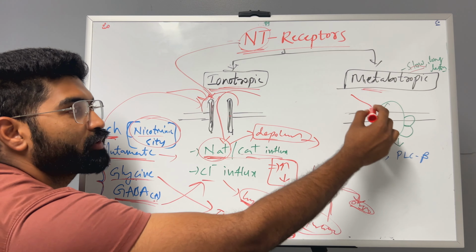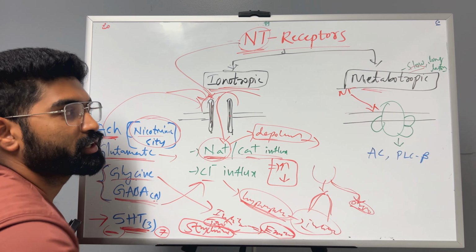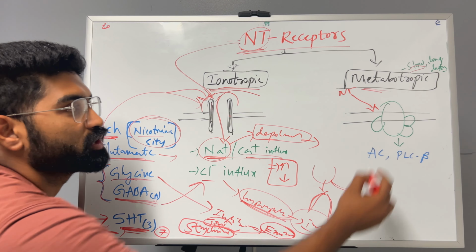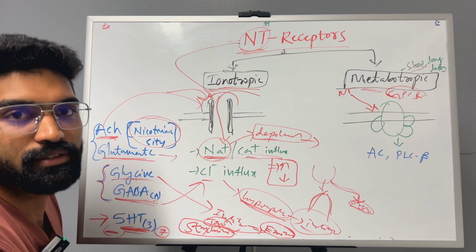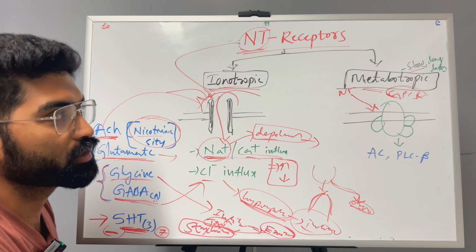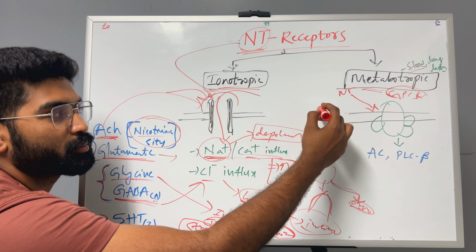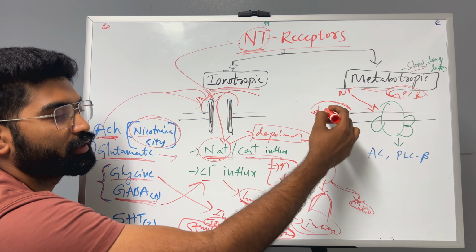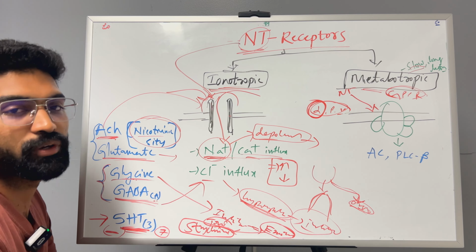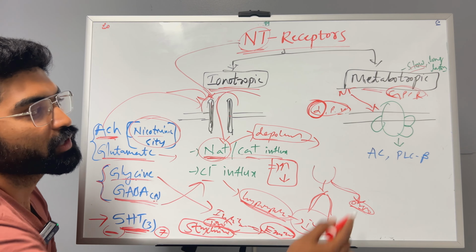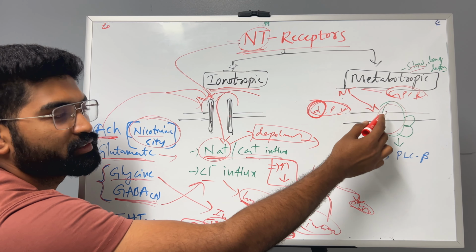For the mechanism of action, the neurotransmitter comes and binds with some subunit of this G protein. The G protein coupled receptors, GPCRs, are nothing but the metabotropic receptors. These G proteins usually have alpha, beta and gamma subunits. Among those, the alpha is the main subunit, which decides what type of action the G protein is going to do. The G proteins are located on the cell membrane, and once the neurotransmitter binds with the particular type